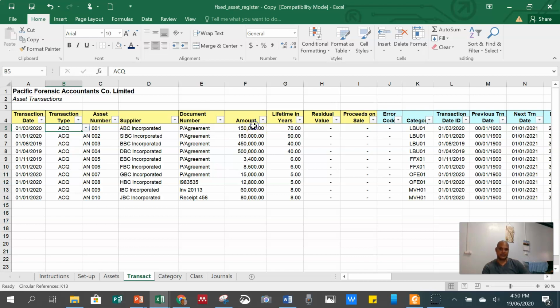It means the asset that you're talking about here, which has a life of 70 years and will be depreciated over 70 years, and others is 5 years, which will be depreciated over 5 years, will be given this specific number, and it is not donated, it is not disposed, it is acquired.